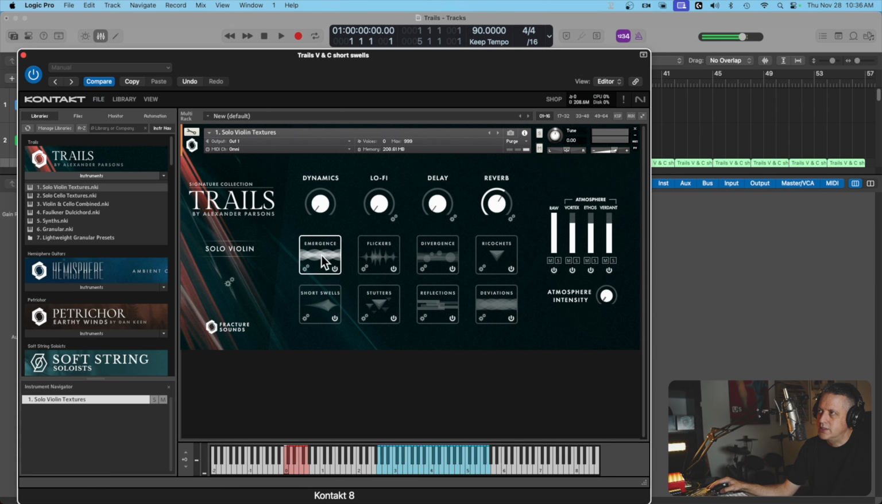So let's dive right in. This is the emergence. Okay, some really, really cool sounds. There, if you just want to hear the raw sound,